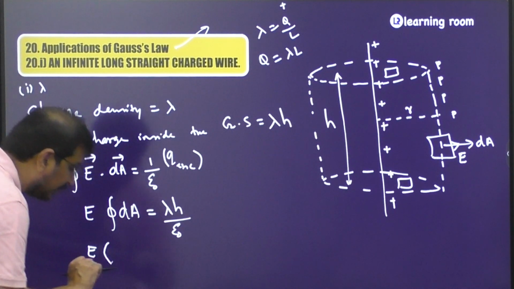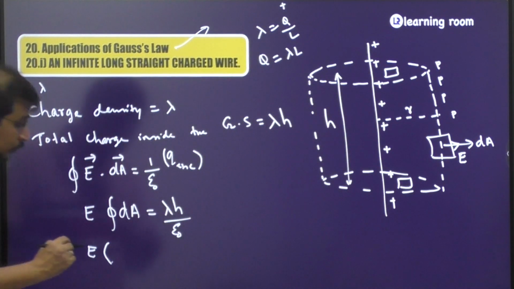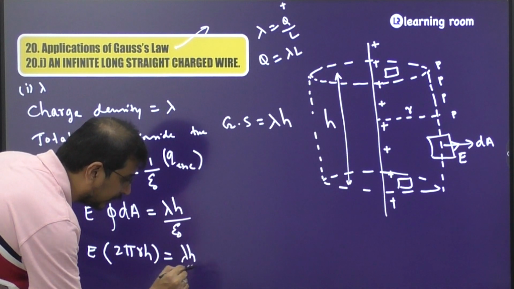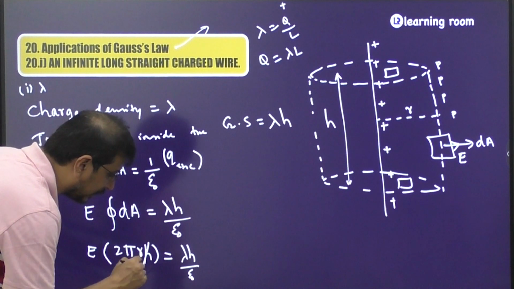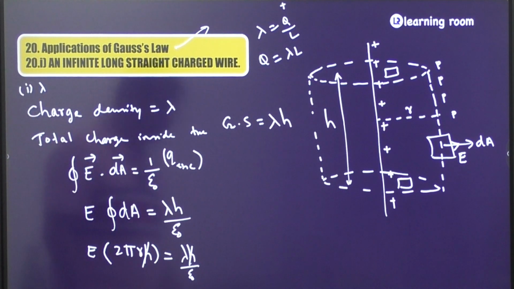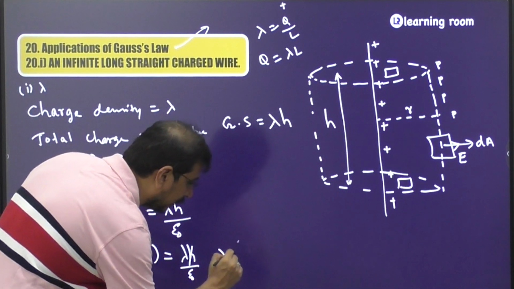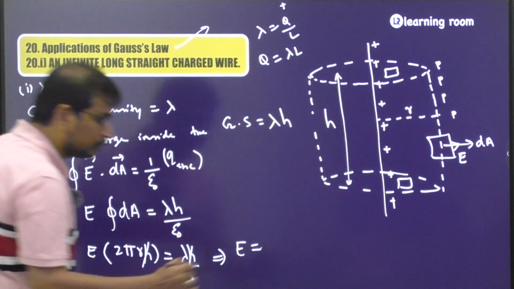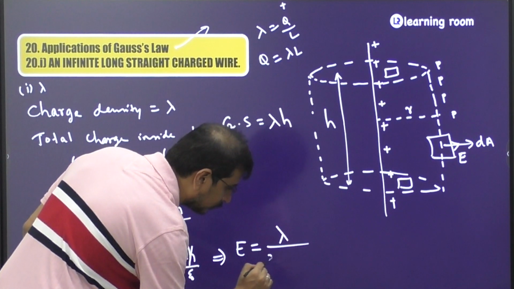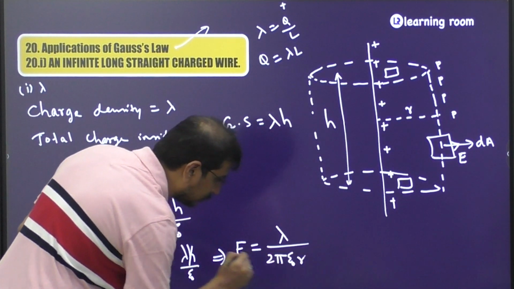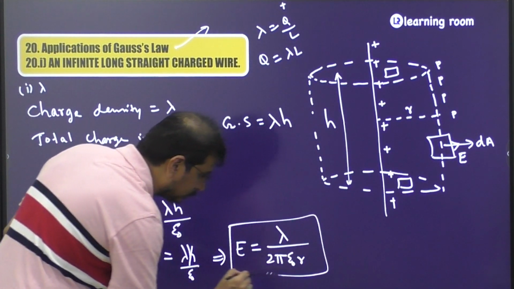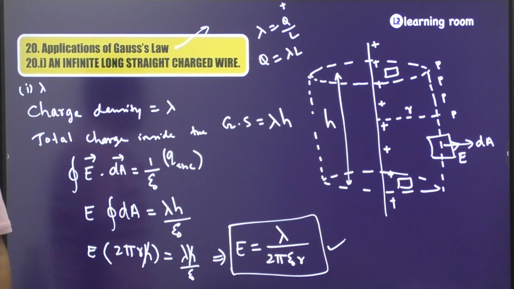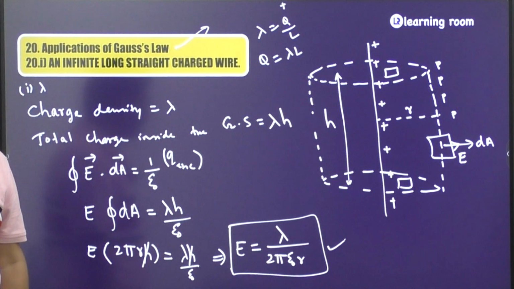And what is the curved surface area of a cylinder? It is 2 pi R H, which is going to be equal to lambda into h divided by epsilon naught. The h and h cancel, right? So from here E will be equal to lambda divided by 2 pi epsilon naught r. And this is going to be the value of electric field due to a linear charge distribution at a distance